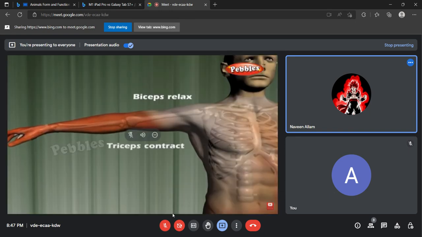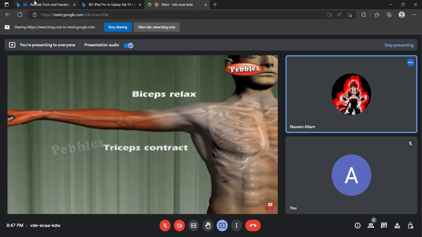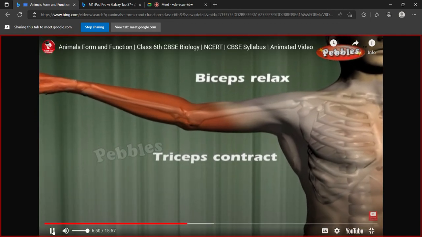Joints and movement. Move your arms at the elbow. In what direction is